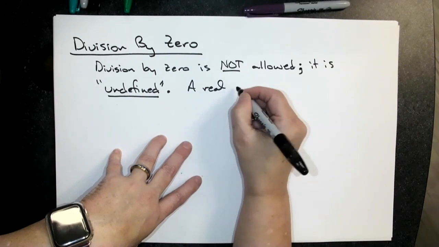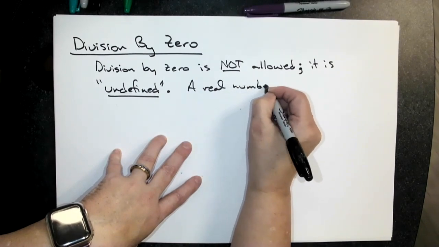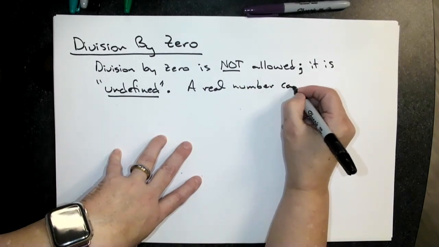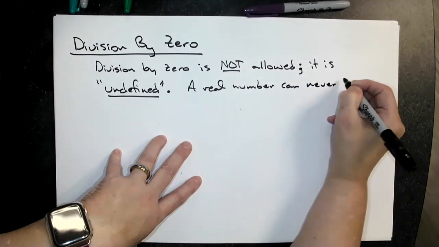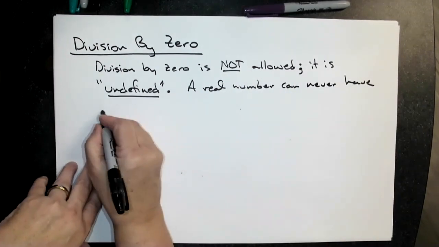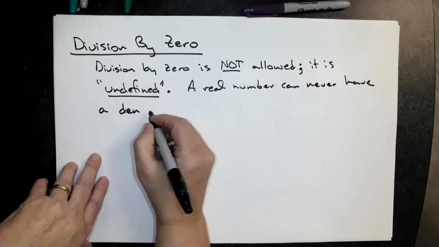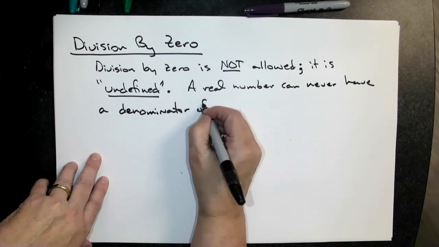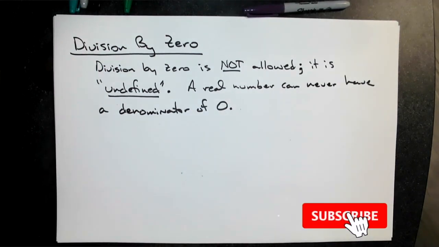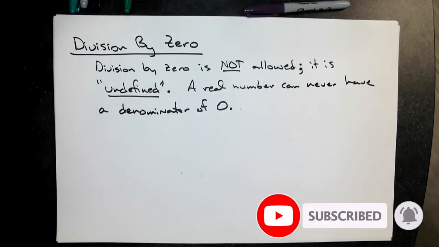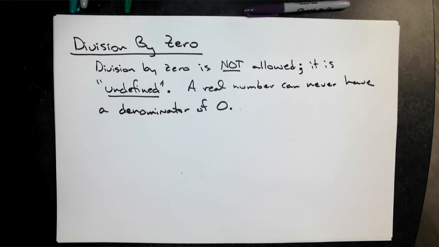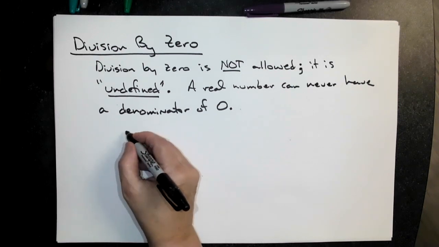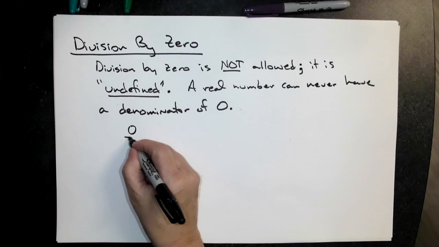A real number can never have a denominator of 0. Okay, so when I say division by 0, if we're writing it with that horizontal bar, the 0 can't be in the bottom. Okay, so in other words, if I had 0 on top and I was dividing by a